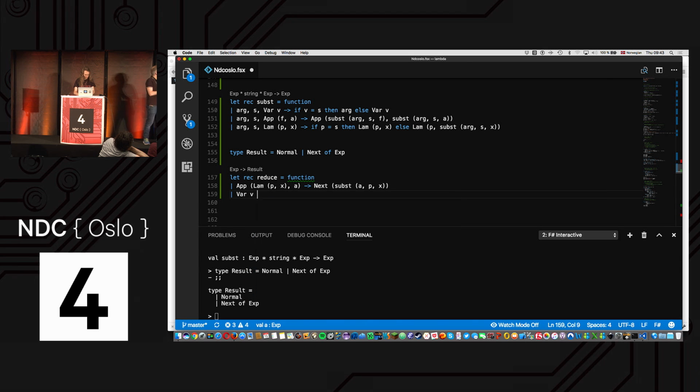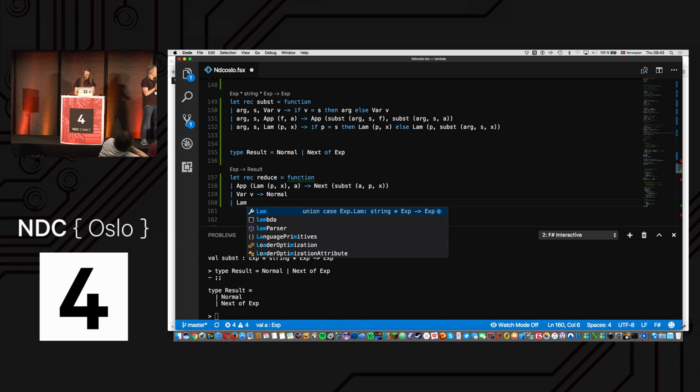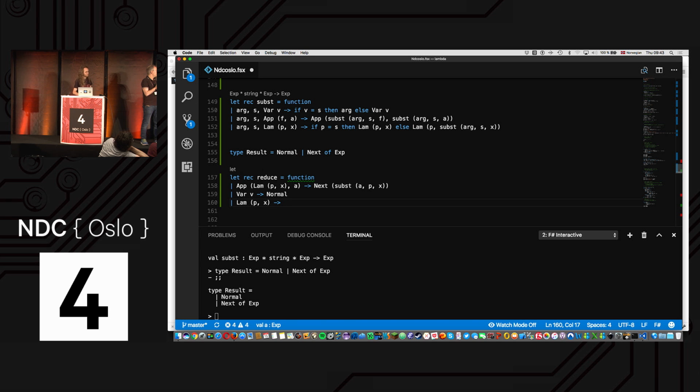The easy case at least is a variable v. It is necessarily a normal form. You can't really do much with that. No, and it doesn't contain a new expression that we can look into. The rest of this is just going down the tree and looking for stuff. So if it's a lambda, we're going to look for something reducible in the x, and then we have to rebuild the lambda, so reconstruct it, yes. So we're going to match reduce x with,